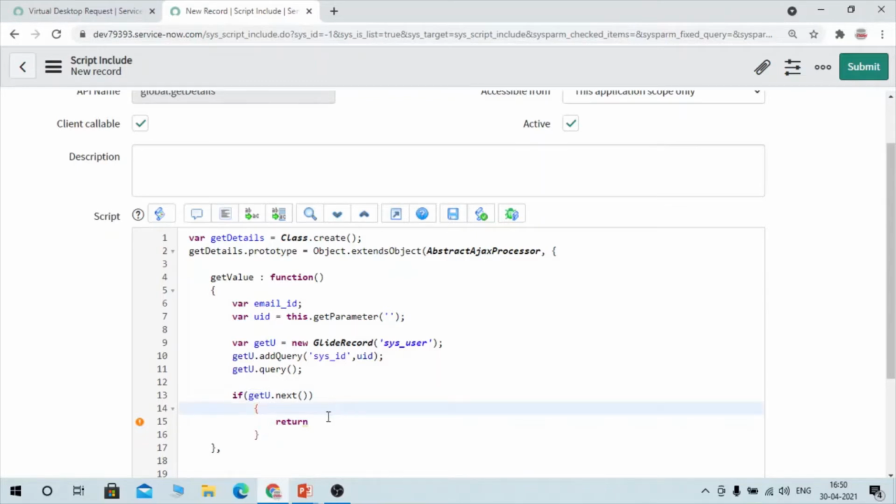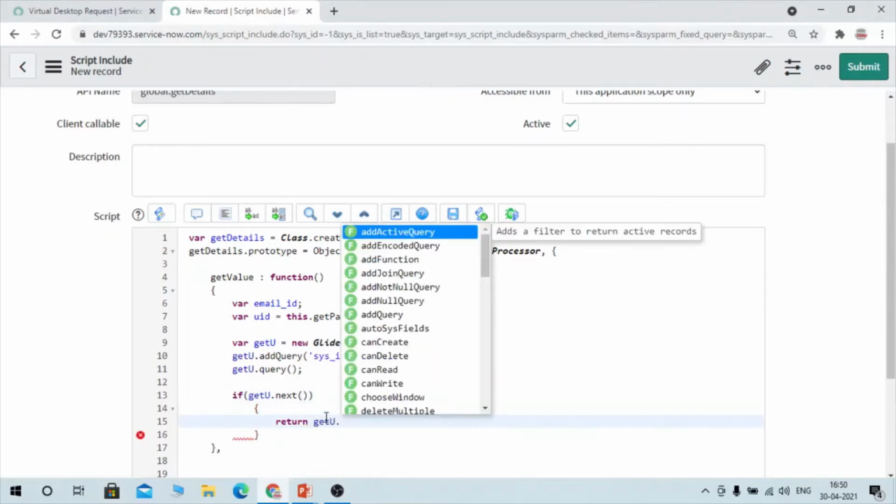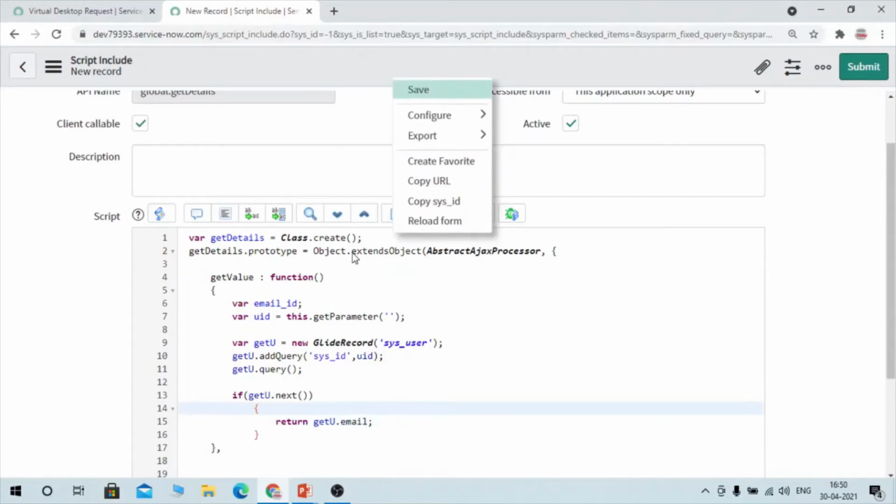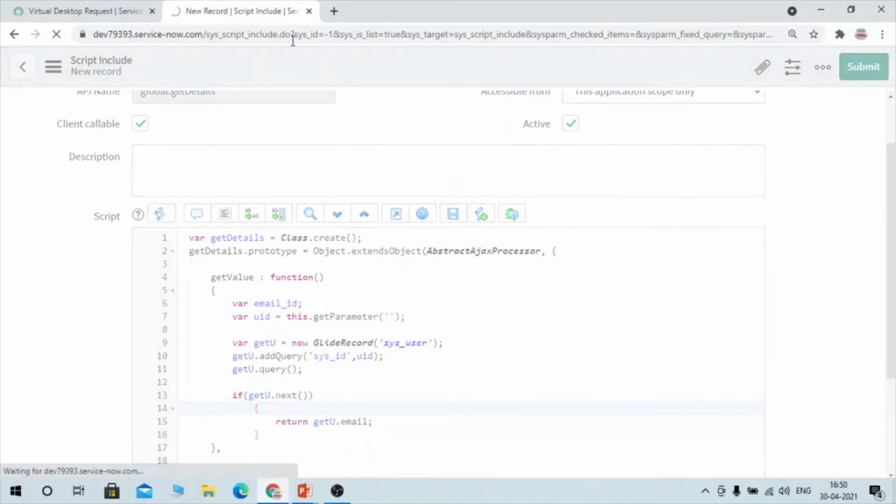I need to use object dot email. Yeah, so this email is the backend value of the email of this user table. So once we get the record, we need to return the data which we need on the client side. So I have used the object dot email. Okay, now let's save it, but we need to do some modification here once we write the client side script.